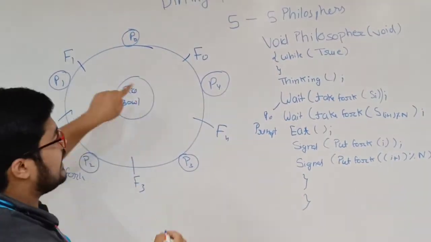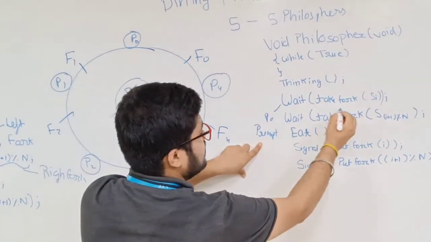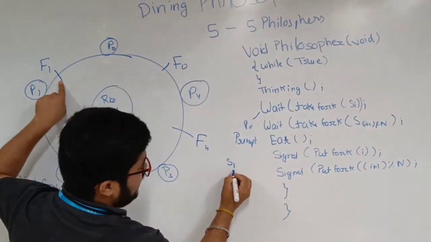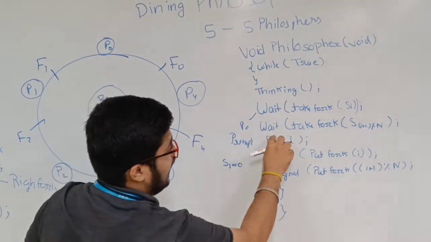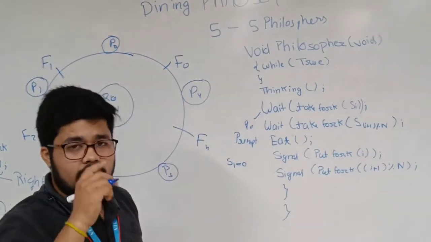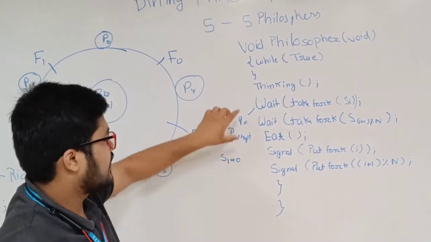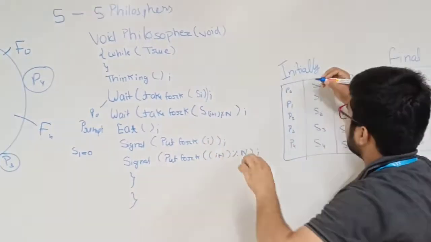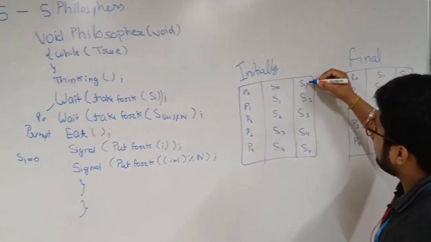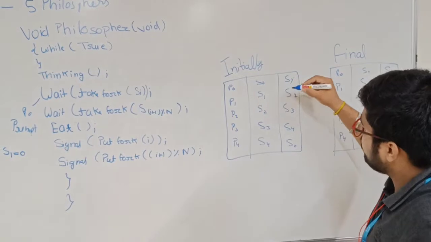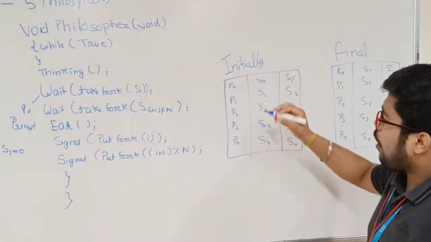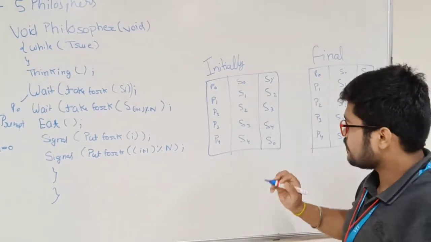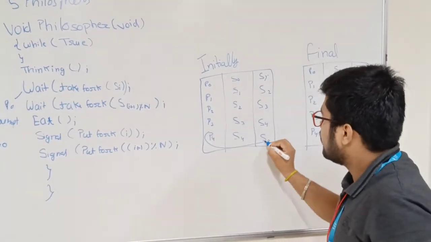Not preempt, and P1 comes into the picture. Now it will run this code and take its left fork, but F1 is represented by S1, which is already 0, and if we do a down on it, then it will be a deadlock condition. As per this, the table is like this: P0 will take left and this right fork, P1 will take this left and right. So at the end, not all the philosophers are able to eat the food at a time. At the end, P0 will be left.